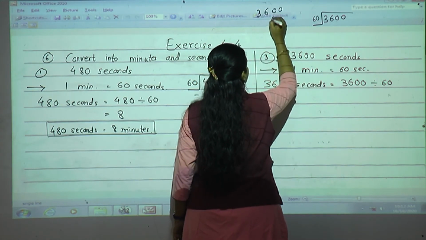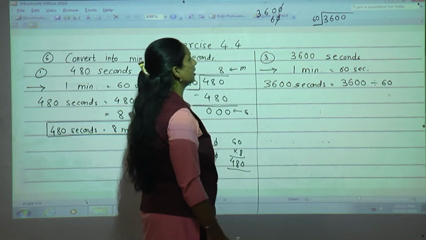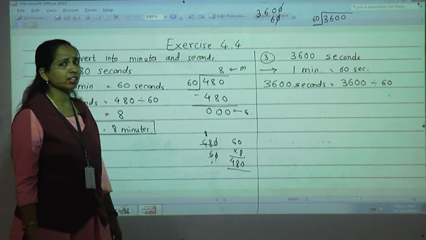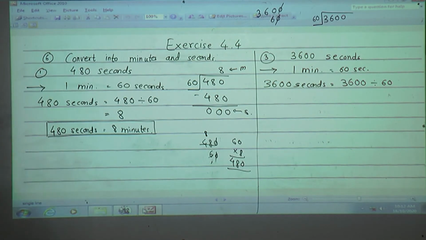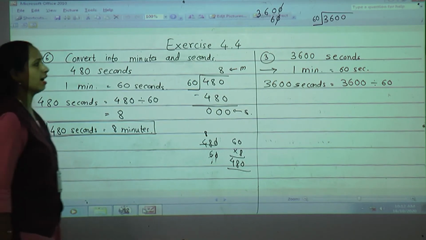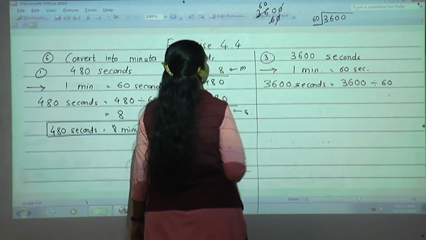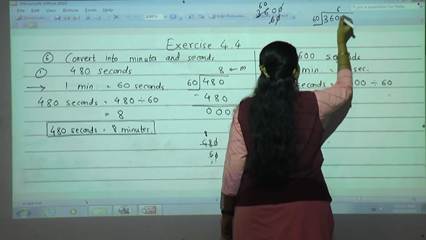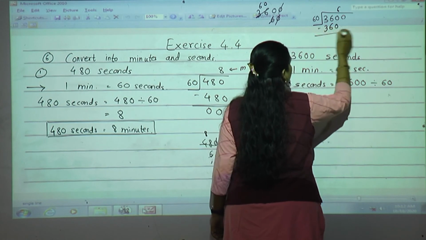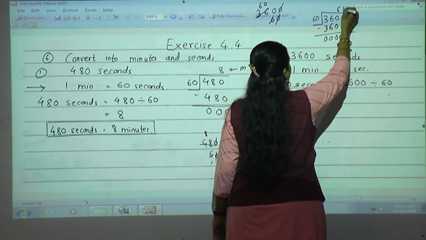See, cut the 0, 0, 6 is remaining. Now in 6 table, 36 is there. Yes, come on, tell me, is it there? Yes, 6 6s are 36. Very easy. 6 6s are 36 and 0 will remain as it is, isn't it? So here 60, 6 are 360. 0, 0, 0. Bring down 0. We cannot divide, so give 0 as it is.